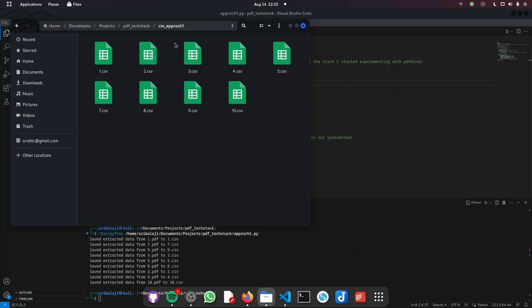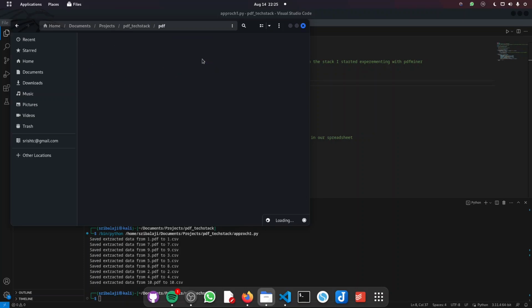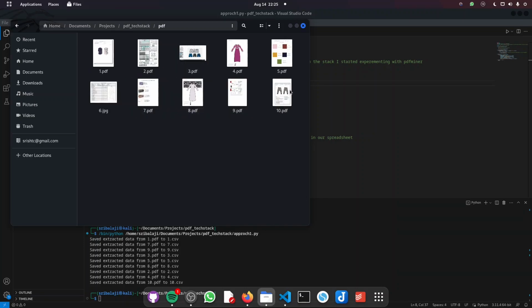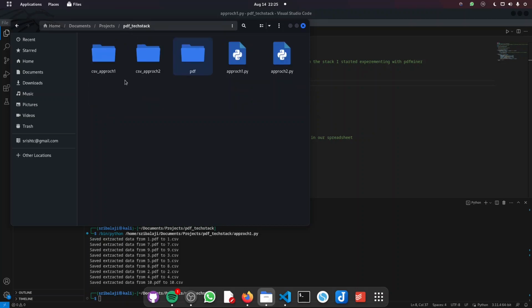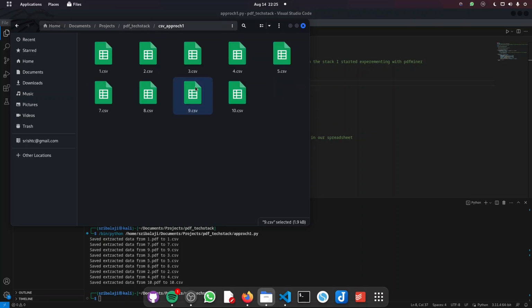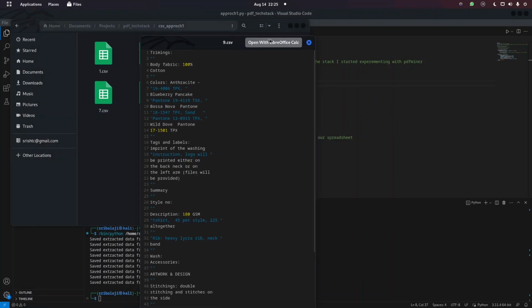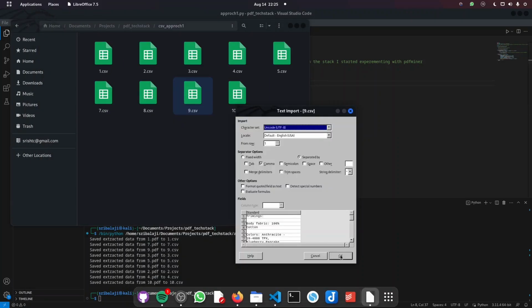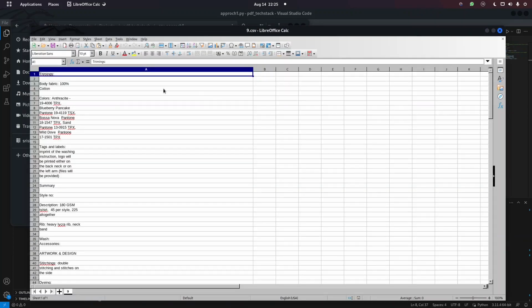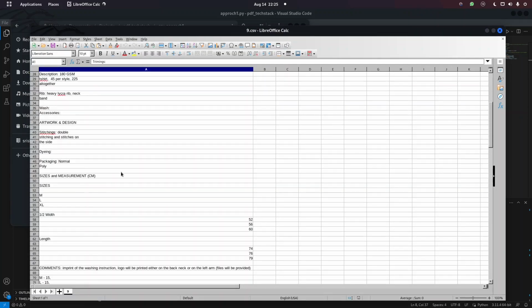We have 9 PDF files, and one of them is in JPEG image format. When we check the output of this folder, it was not that great. All of it is in a single format, and the data was not structured enough